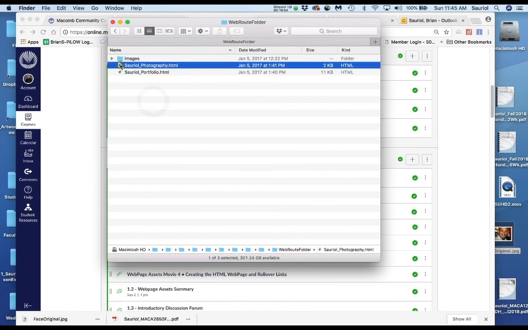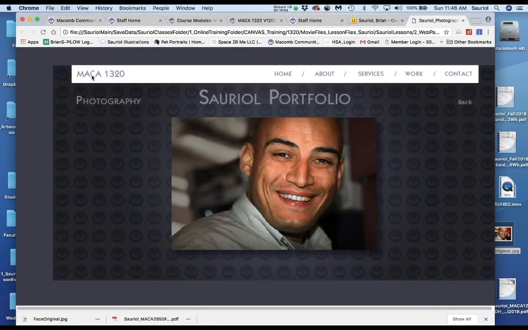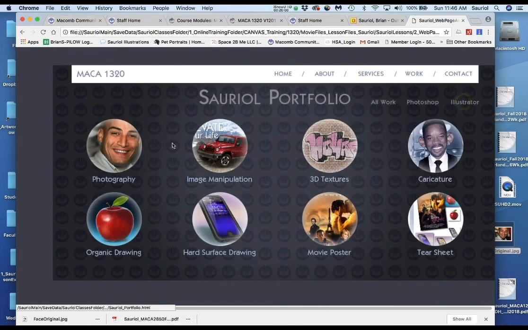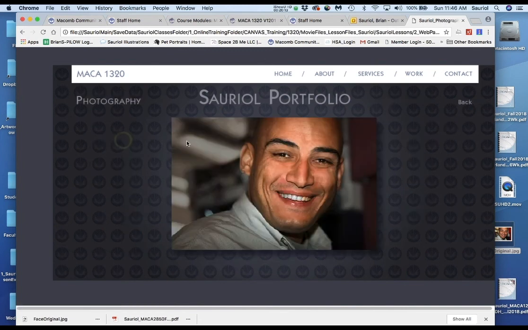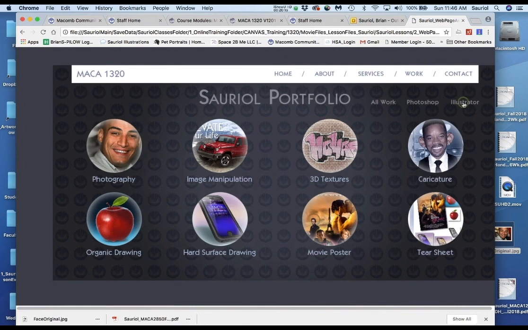But watch how I'm opening up this. Let me go backwards. And here is my file that has all of the windows populated. But watch when I click this link. I show you in Dreamweaver how to click from this page to that page, and then how to go backwards. So do you have to do that? The answer is no. If you want to do that, please feel free to do it, and then send me